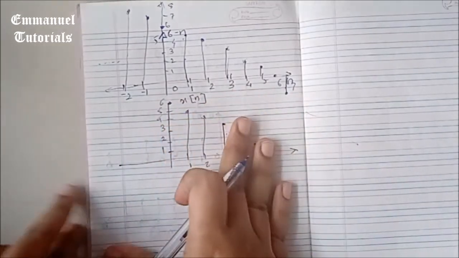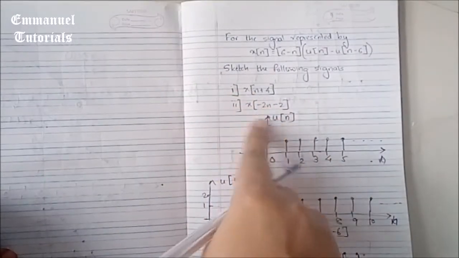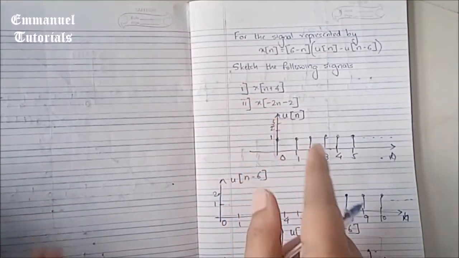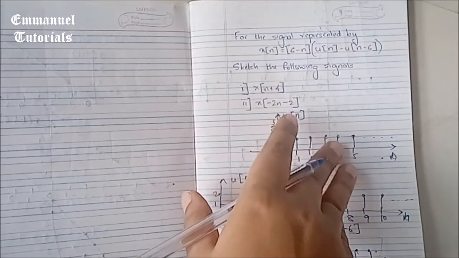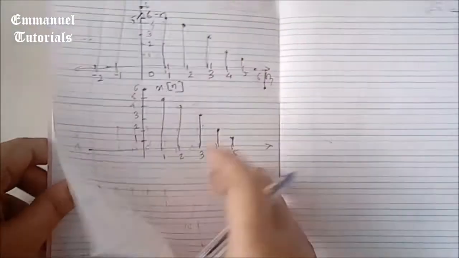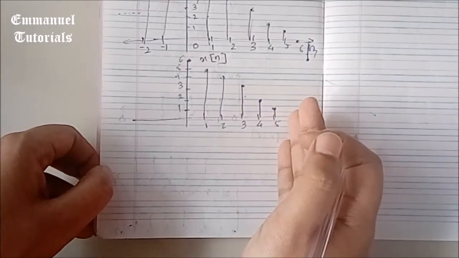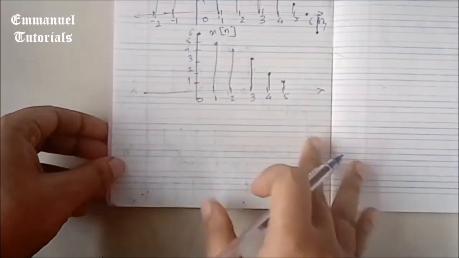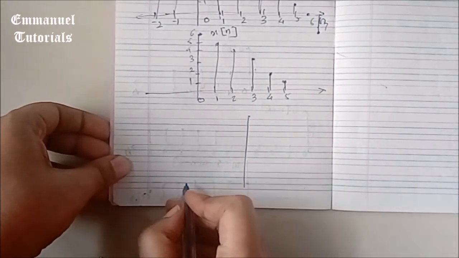Now you have to find out the resultant signal where you sketch the shifted version as well as the time scale and these operations which are being performed. So let's find out the first one, which is x of n plus 4. So this is time shifting, and again it's an advance because it's plus, and the time by which you're going to shift is 4. Now advance means you move the signal to the left, by whatever t naught is given. So the signal is going to appear at n minus 4. Now let's do that. We'll just move the y-axis a little to the right because the signal will start shifting to the left.